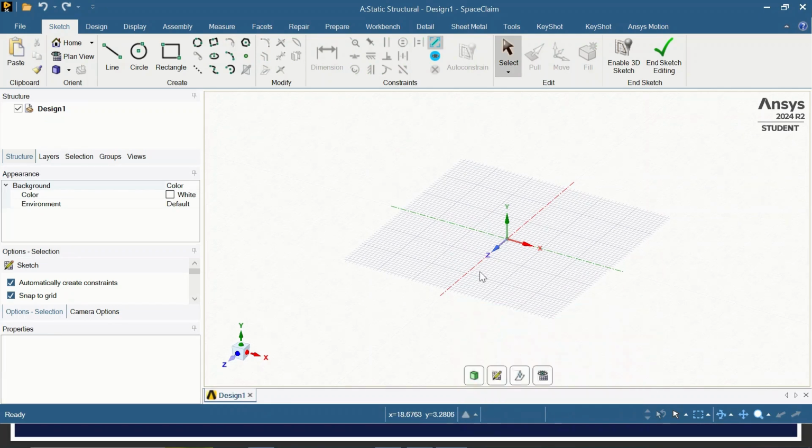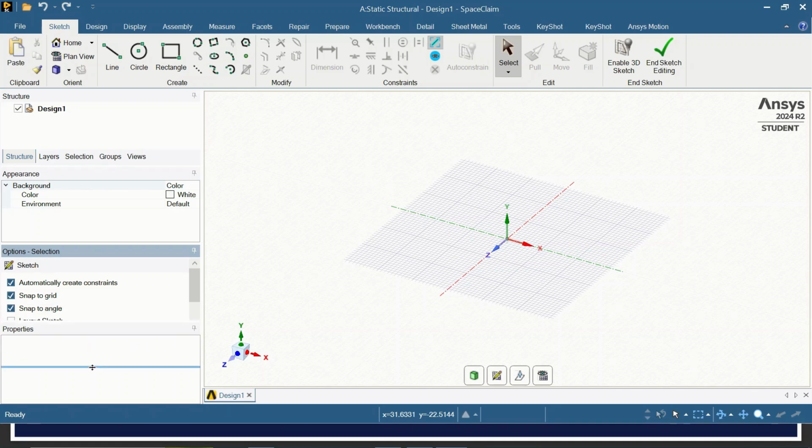Clear. Okay, so we are in the sketch module of SpaceClaim, and we have several options here. This is the structure, you'll see a tree here. Then we have layers and sections. We don't have to deal with these. But the very first thing, whenever you are analyzing trusses,